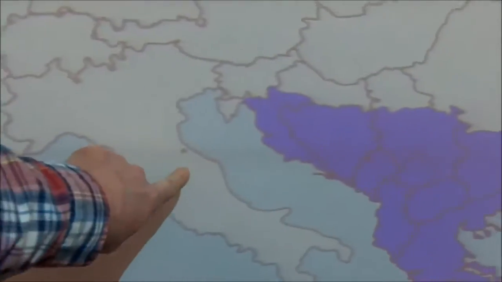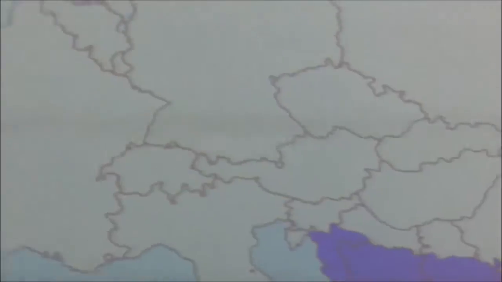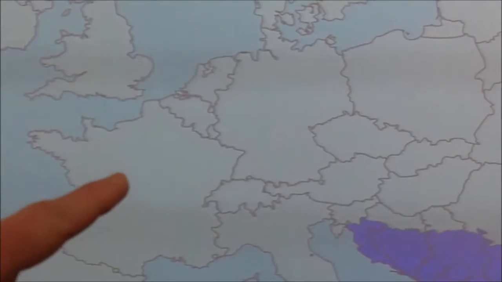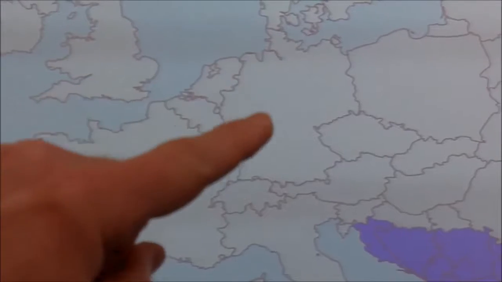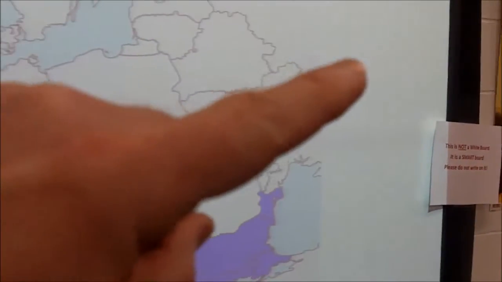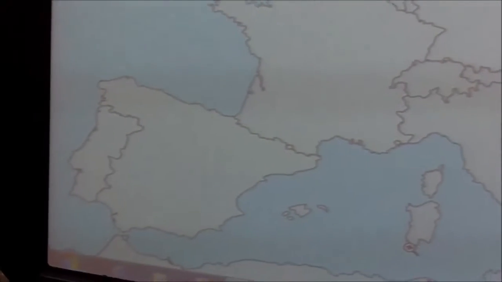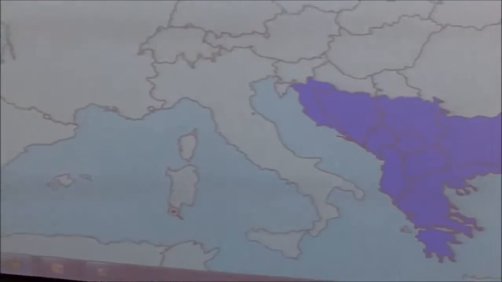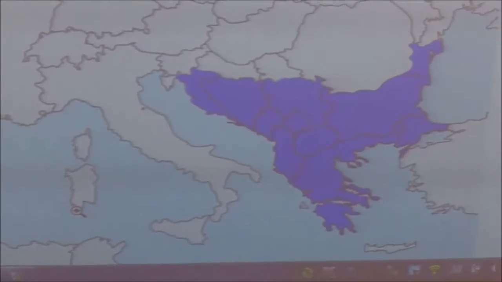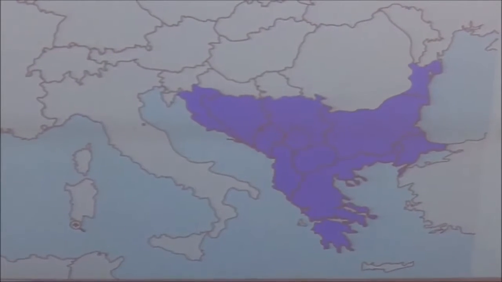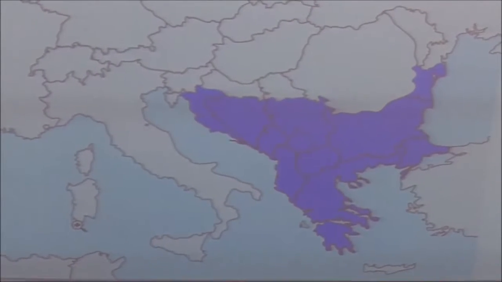Okay, we got the boot that is Italy. Looking from a bigger picture, here is France. Here's England, Germany, Poland. Of course, Russia would be up over here getting cut off by the Promethean board. Here would be Spain, right? The backdrop being the Mediterranean Sea. So what's shaded in blue there, that would be Tolkien's version of Middle Earth.